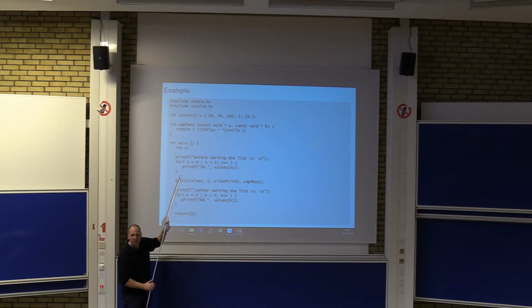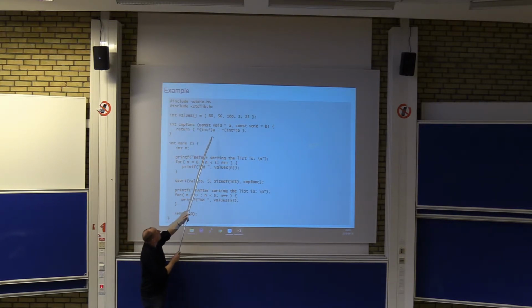We don't have the implementation of that, but what it will do is send in the address to two integers and then have this function comparing them. So the first thing we do is a typecast here, meaning that we now say that in this case we know that A is an integer, or a pointer to an integer,